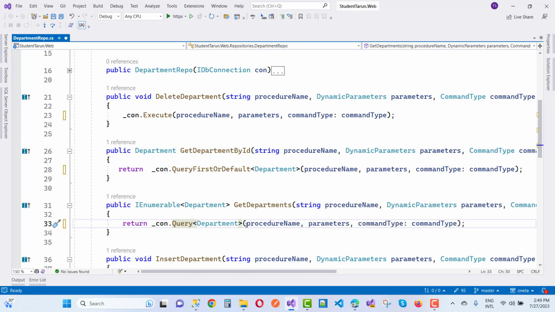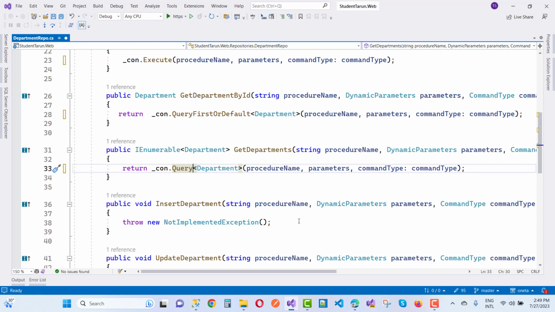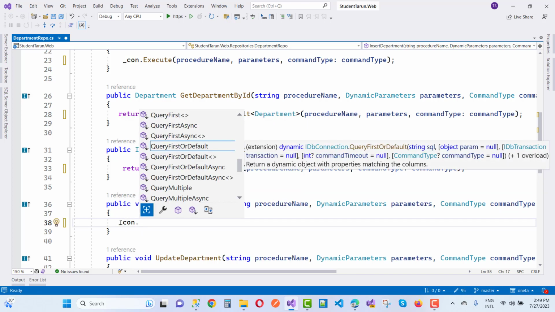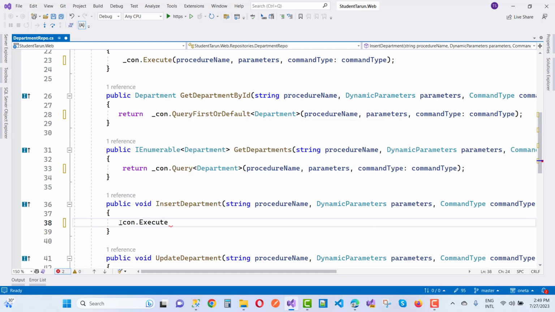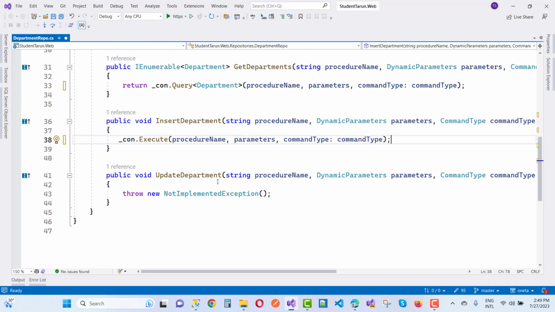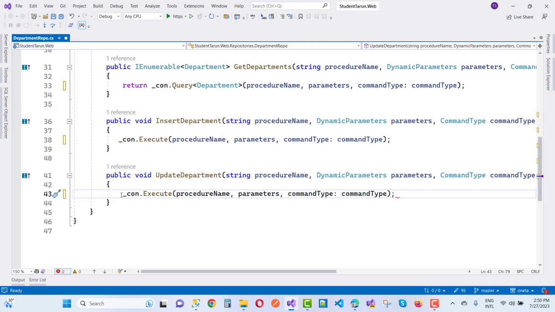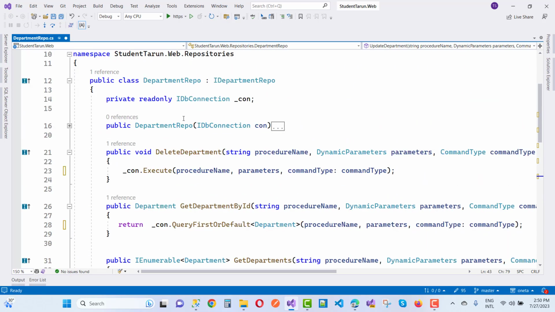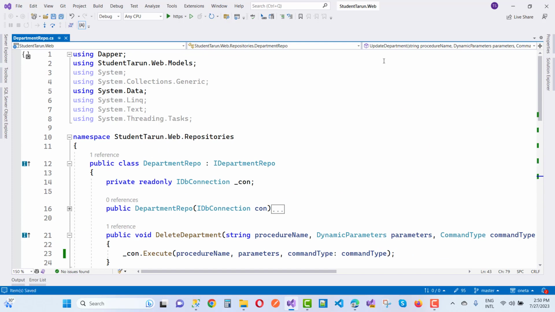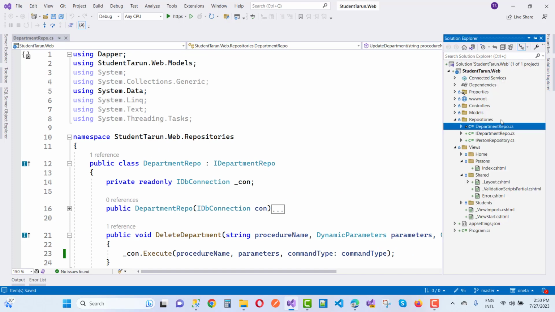Only query with the department, with procedure name, department, command type, and this. And the insert parameter is void type, so just con dot execute. Okay, and here we have the procedure name, parameters, command type, and this is update department. So here we have underscore con dot execute, parameter name, and like that. So save this, and in the controller of the department, you can do the same thing